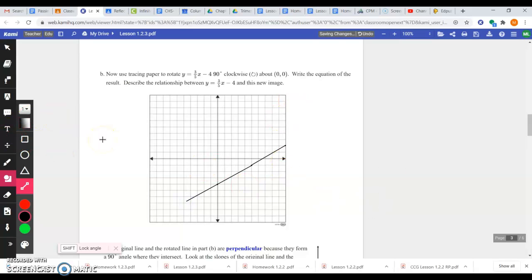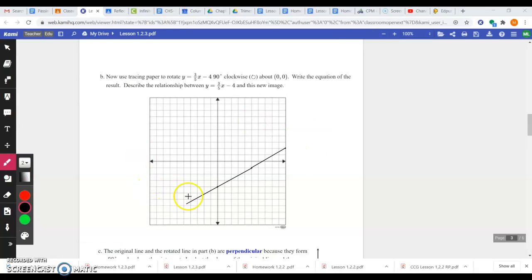All right, and now we need to rotate this 90 degrees clockwise. We don't have tracing paper, which makes the rotation a little bit harder, but we can take a couple of points and rotate them. So I'm going to take a specific point, this point right here, and rotate that point 90 degrees. Now, that's not the easiest thing in the world to do,